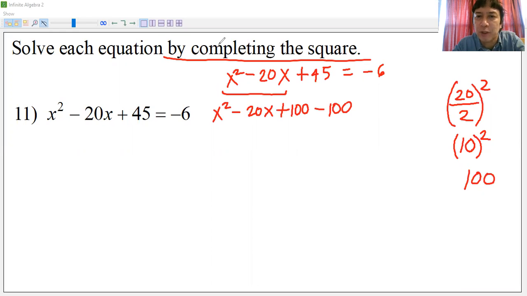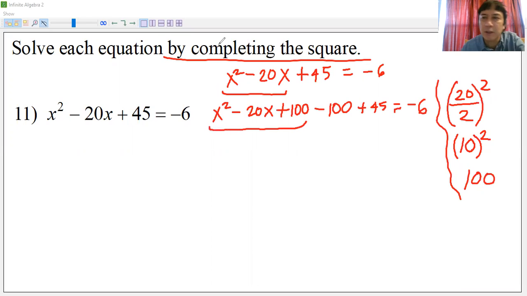Next, we continue with the plus 45, and then the equals negative 6, the original given. So we simplify. These three terms here have an equivalent, which we learned from numbers 1 to 8. The square root of x squared is x. The square root of 100 is 10. The sign here is the sign of the 20 originally, so that's a minus. Followed by negative 100